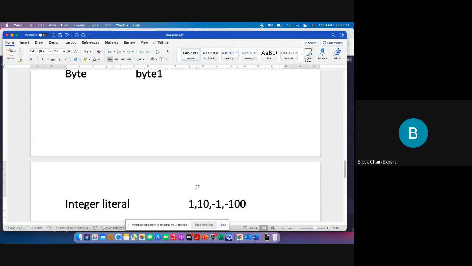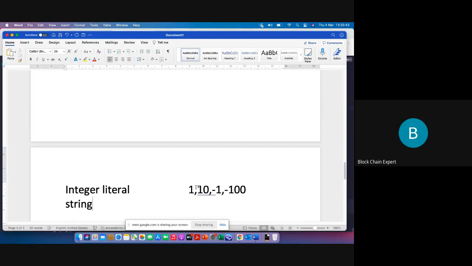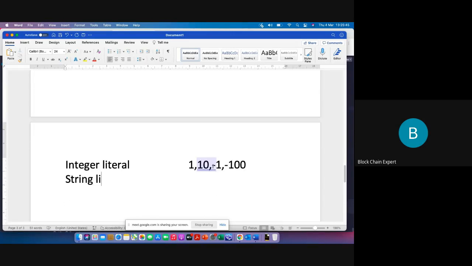The next it supports is the string literal. For example, you say "test". String literals can use single quotation or double quotation. The next it supports is